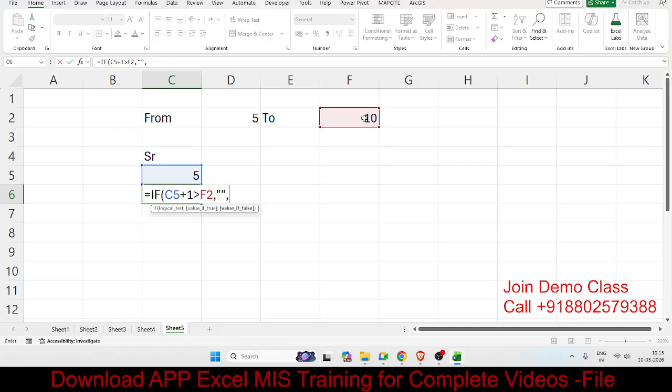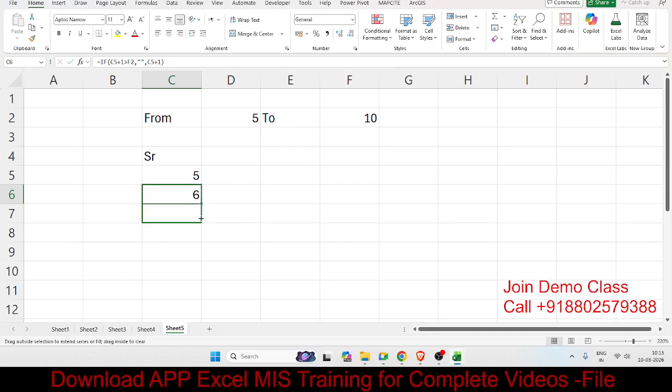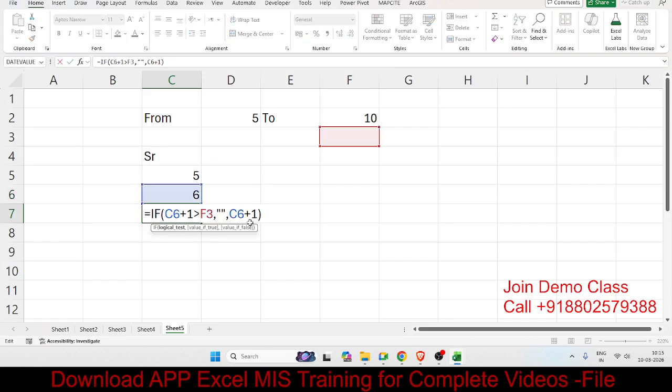Then if the value is false, continue your sequence. It means C5 plus 1. Okay, we have closed the bracket and pressed enter. The result is coming. But before the drag, we need to freeze this F2, because F2 is the fixed cell. If you drag down, you get an error